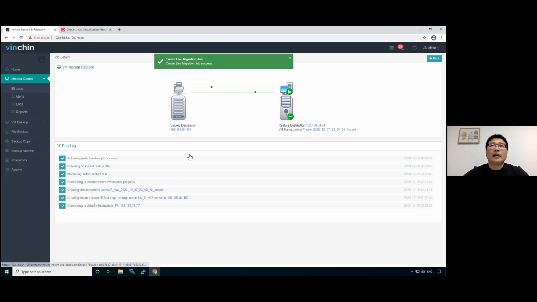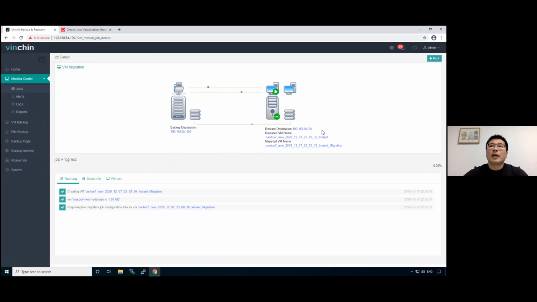Okay, now it should be preparing for the migration. Here's the instant restored virtual machine, and here should be the migrated virtual machine. Now it's creating the virtual machine on the Oracle Linux KVM host. And now it's transferring the backup data to the production storage.